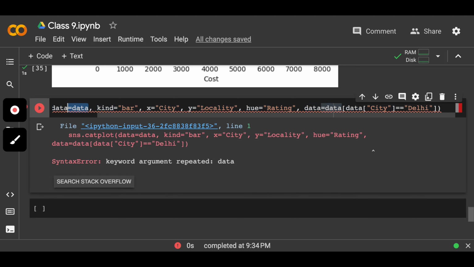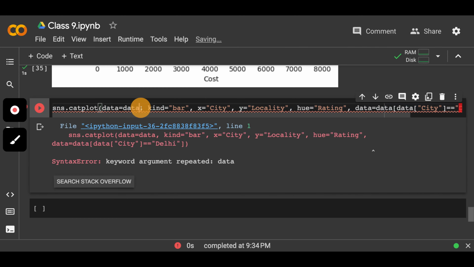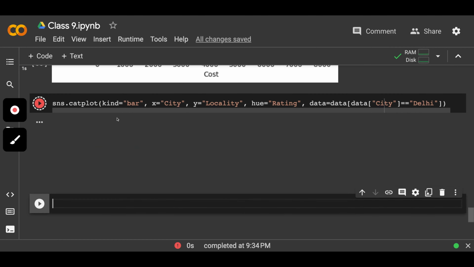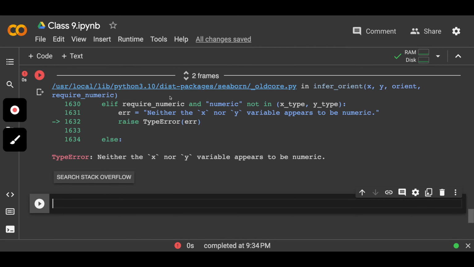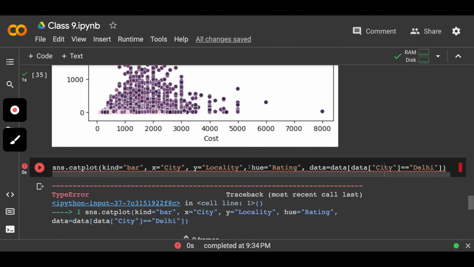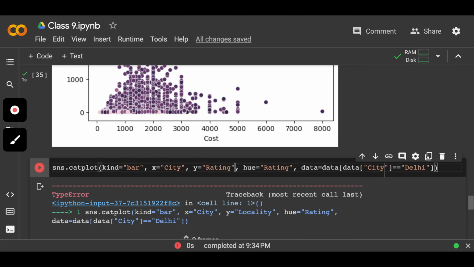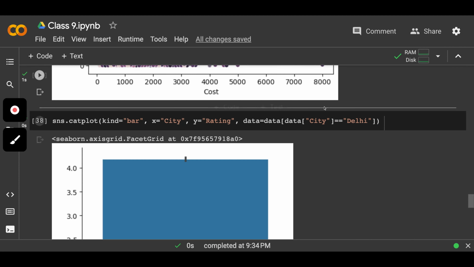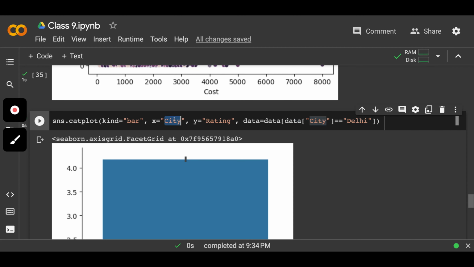Okay, here using data. Instead of the entire data, we just take the data for Delhi. Let's not use hue to start with. Now, so let's take locality and